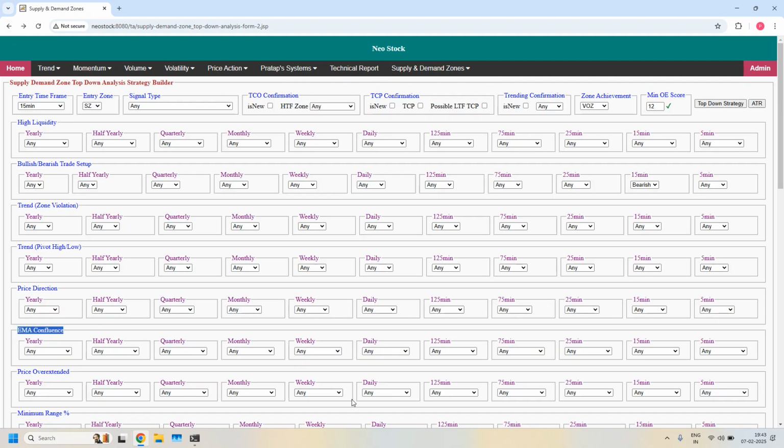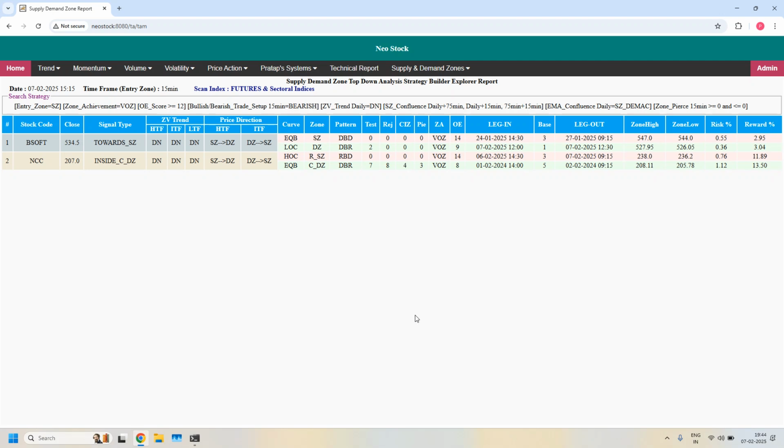So in the EMA Confluence at a daily time frame, why daily? Because the 15 minutes together with 75 minutes supply zone is overlapped with daily. That's why we are looking for daily supply zone having daily EMA Confluence or not. But the trend should not be sideways. So that's why in the trend on daily time frame I am selecting down, because it is bearish trade setup. So both these stocks are filtered. Both the stocks having downtrend are filtered. So these two are even more high probability trade setup supported supply zones. So this is about a bearish trade setup for